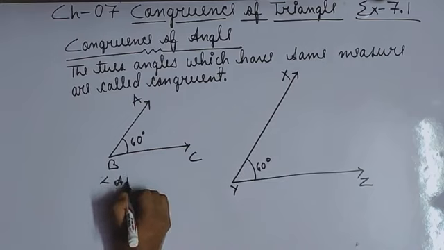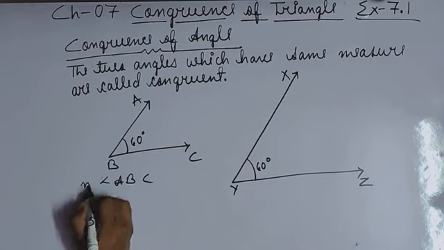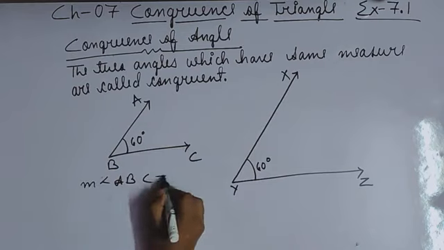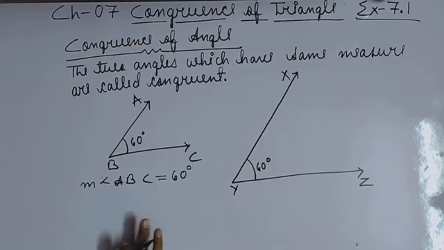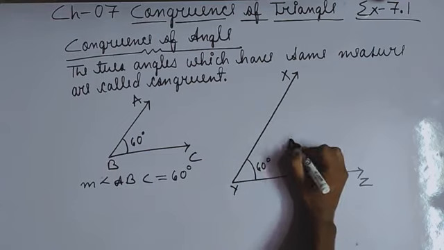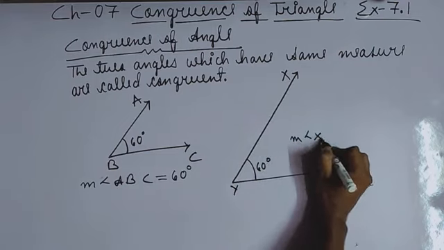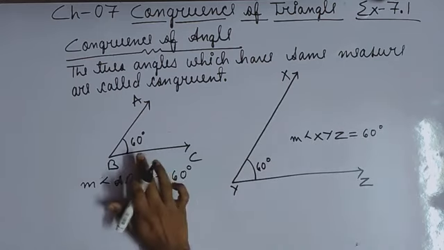If you see, this is your angle ABC. If I say what is the measure of this angle ABC, तो I will write M then angle ABC. This means measure of angle ABC, and here it is coming what? 60 degree. कितने डिग्री का है? 60 डिग्री का. Similarly, this is your angle XYZ. And the measure of this angle XYZ is again your what? 60 degree. यहाँ पे भी 60 degree है.